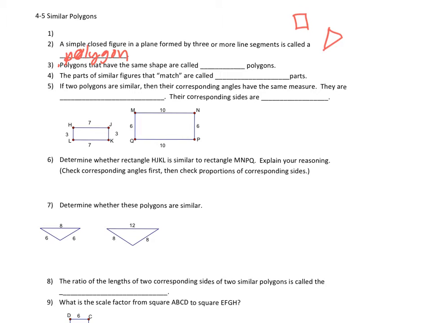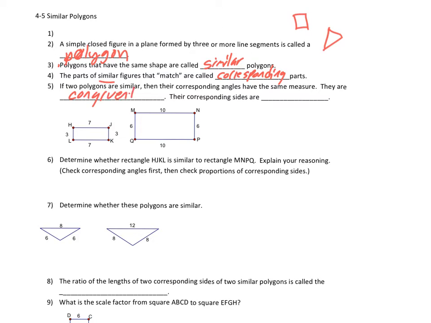Okay, the next part here, the polygons that have the same shape are called, well, there it is down here. They're called similar polygons. Parts of similar figures that match are called the corresponding parts. And if 2 polygons are similar, this is actually something you should be able to answer from your last video, then their corresponding angles have the same measure. Therefore, we say that they are